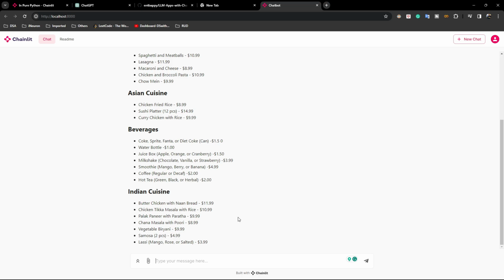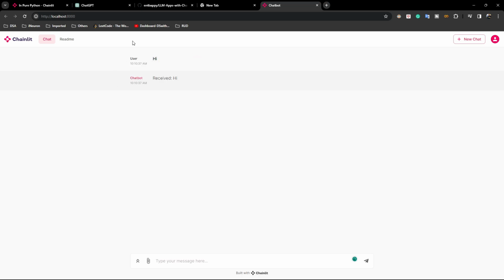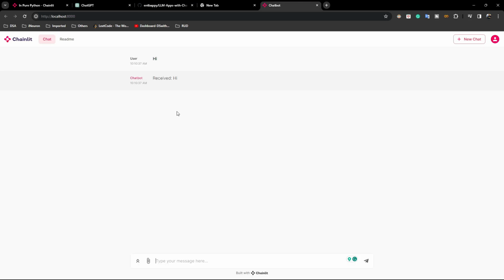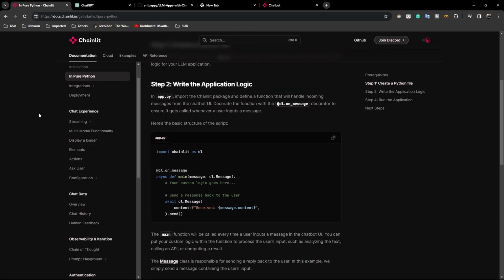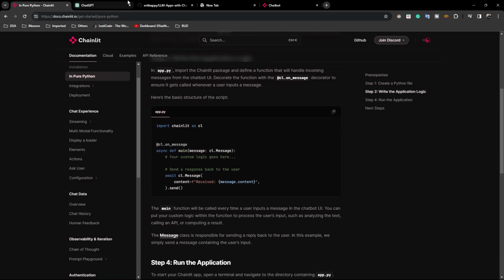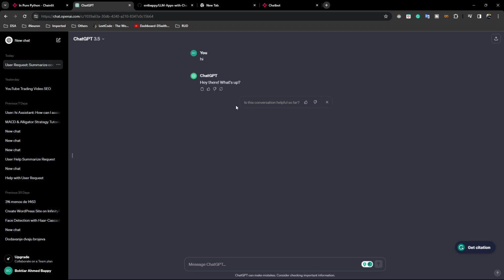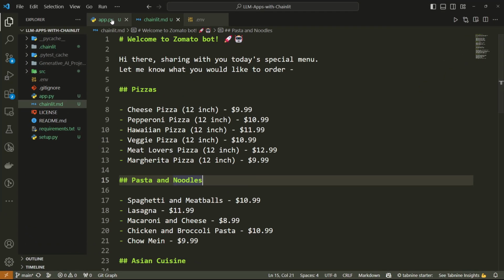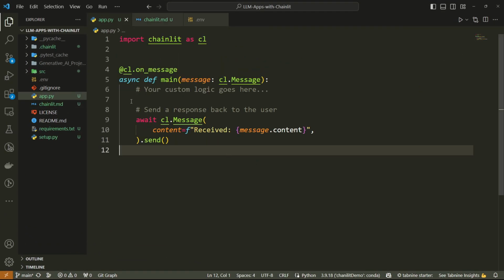Now let's see, if I give any kind of message here, hi, it will give me the same response, hi. Now if I open ChatGPT and compare, see, it's looking like ChatGPT only, right? That's why they're saying Chainlit is an open source Python package, and with the help of that you can create a ChatGPT-like interface, a ChatGPT-like application. I love this Chainlit a lot because using only this line of code, just one function, we are able to launch this kind of